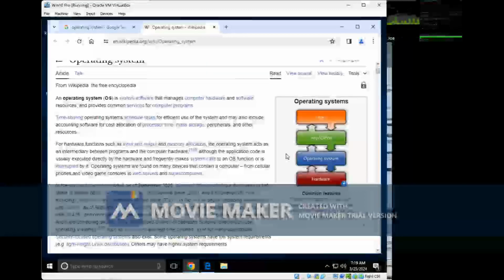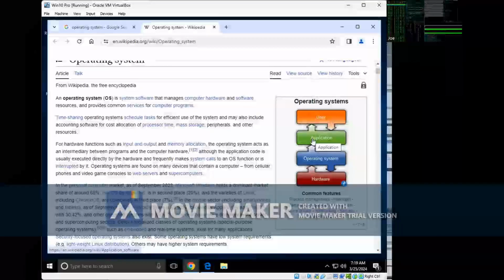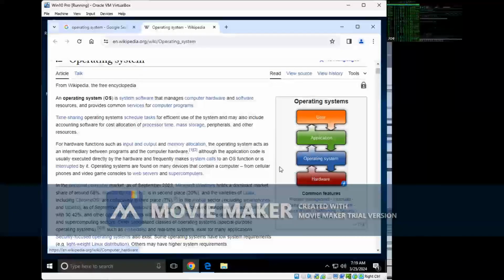This kind of gives a bit of an idea of operating systems between users, the applications, the operating systems, and the hardware. The area that I focus on a great deal more is the applications and systems for the user. The hardware is also important because that is focused mostly on the circuitry of the computer,